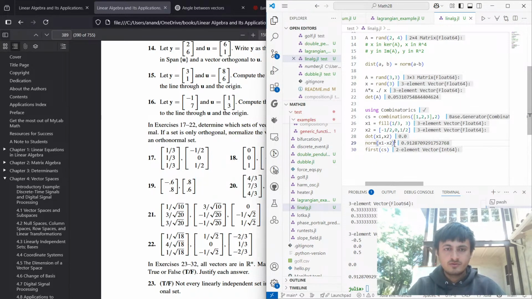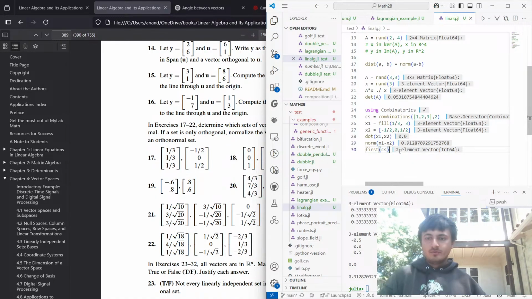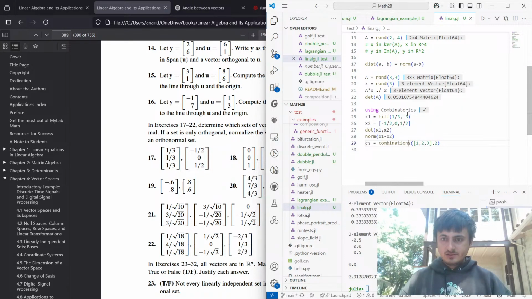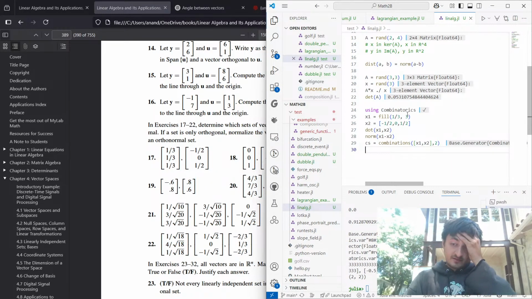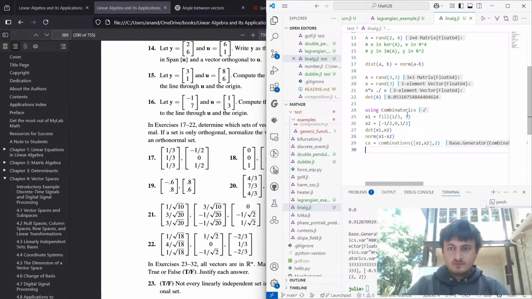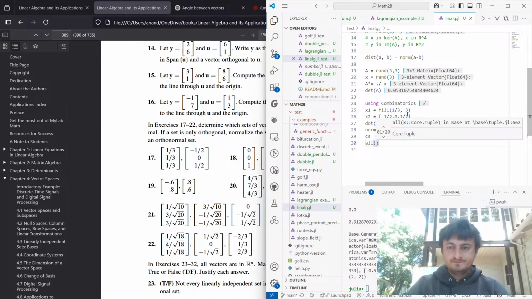Oh, they're not. But what we can do is C is equal to the combination of our vectors x1 and x2. And then so we do all